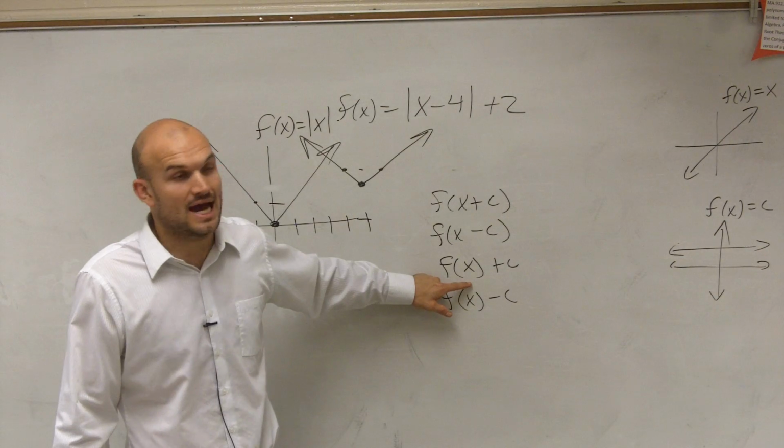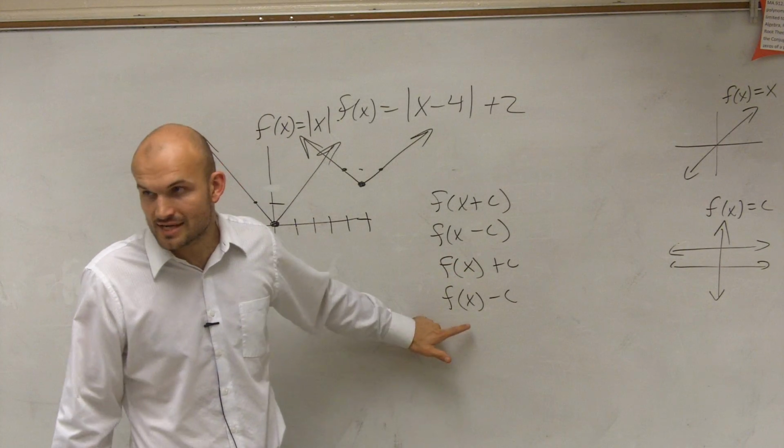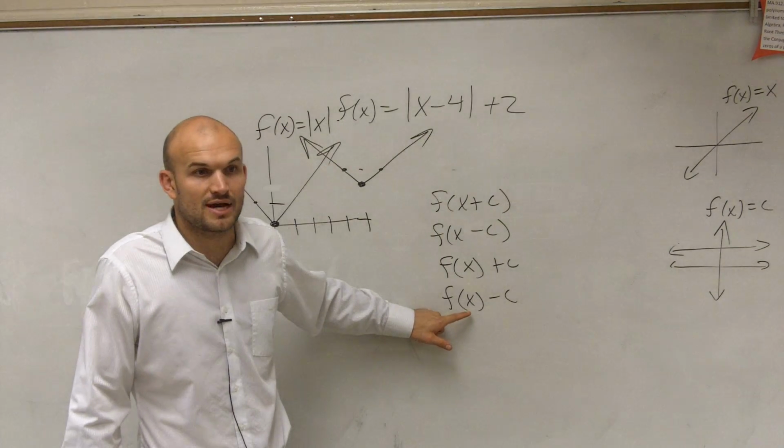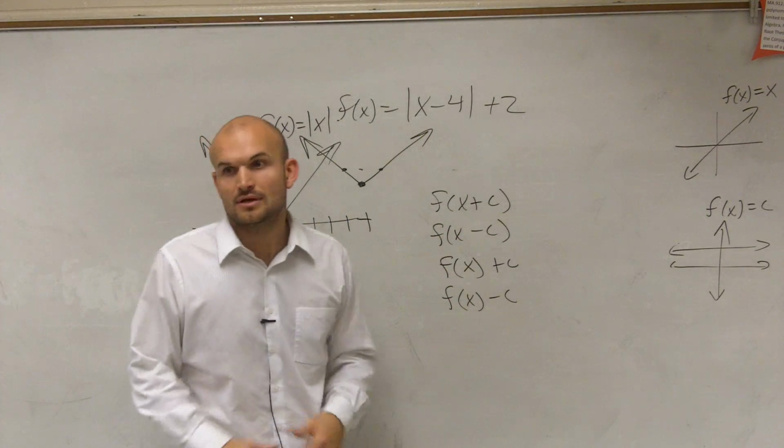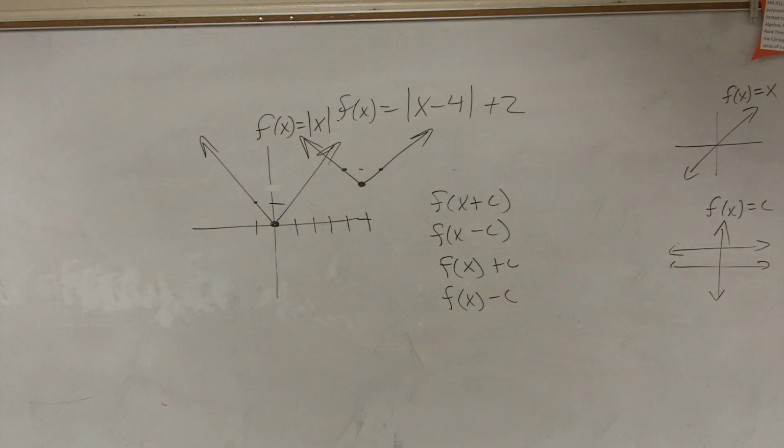When I add C outside the function, I shift C units up. When I subtract C units outside the function, I shift C units down. Just work through that right there. Write that down and memorize it and keep on going through it. Read it to yourself 10 times tonight, and I guarantee